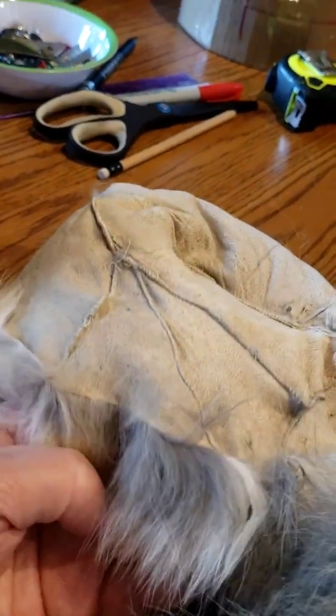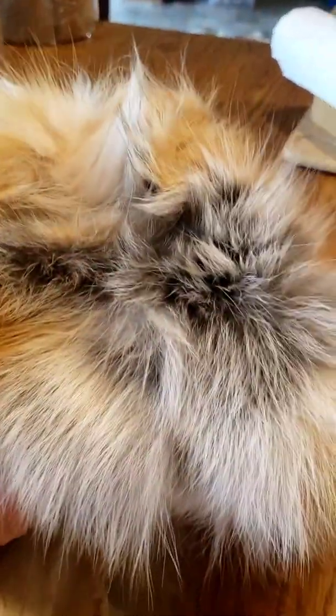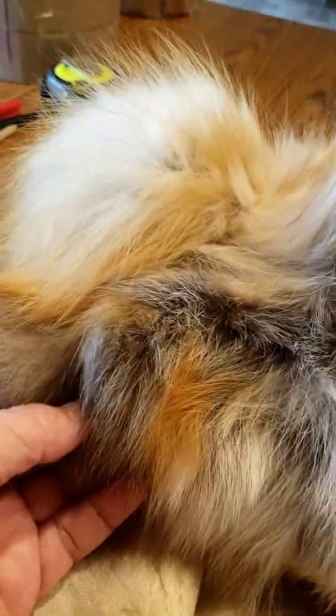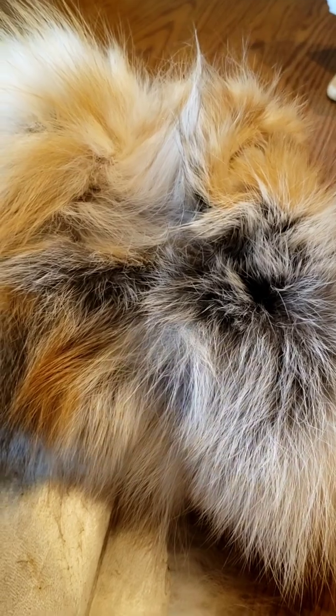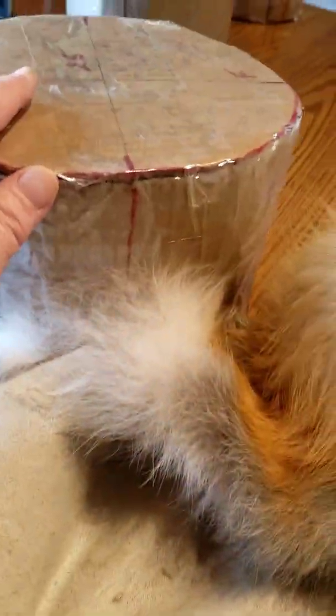And that's that side. You can kind of see how it turned out. And the fur side, I think, looks pretty good. So that's right under the paw, and it blends pretty well. So the hair I kept running down, and the next step what you're going to need is your hat form,